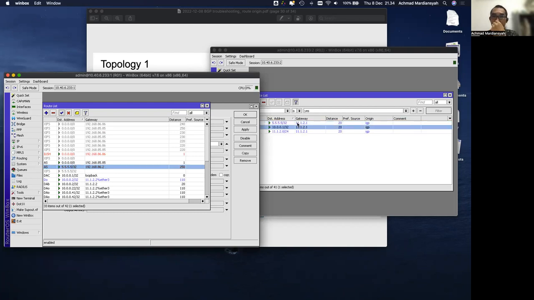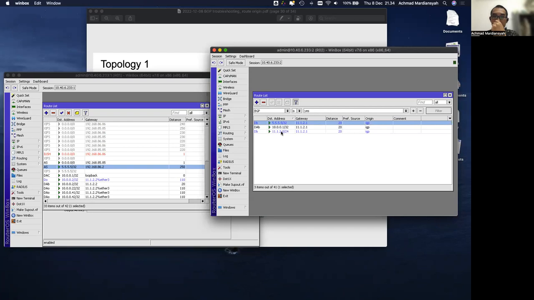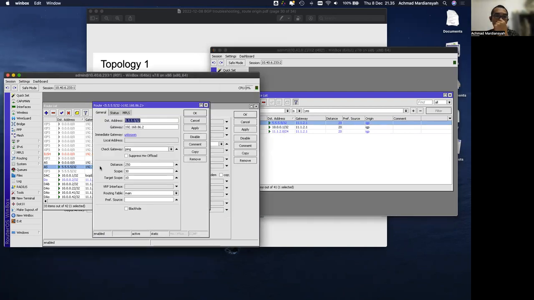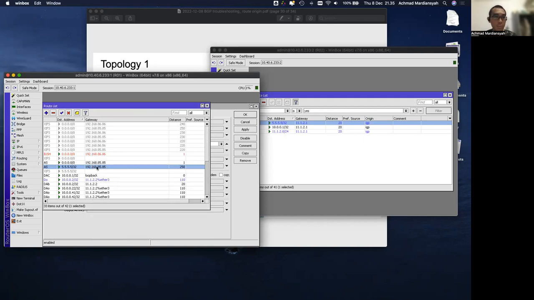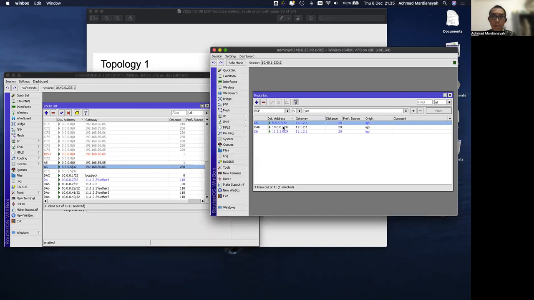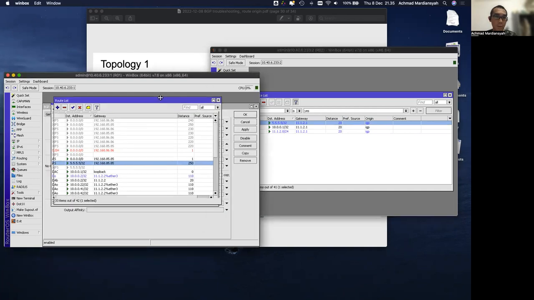Yeah, so as you can see, origin is still IGP, but